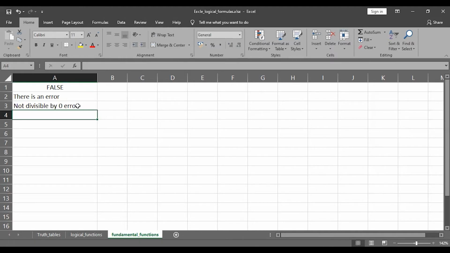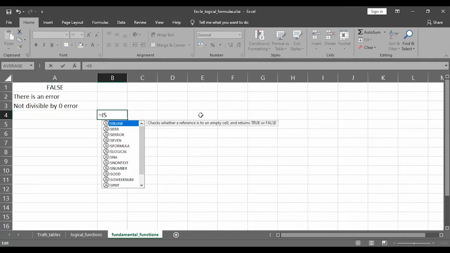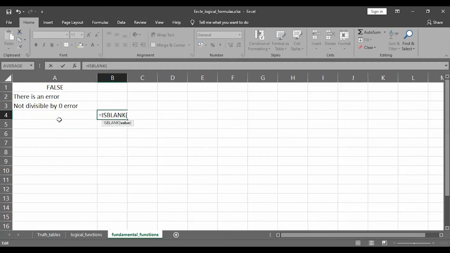So these are quite interesting functions that I found, ISERROR and IFERROR. Okay. There were also a lot of interesting functions available with us, such as ISBLANK, ISERROR, ISNA. So let's discuss these one by one. I'm going to do ISBLANK first. Suppose there's a blank cell in A4, and I'm going to do ISBLANK, and if I provide A4 as its argument, it is going to return me TRUE. Okay.